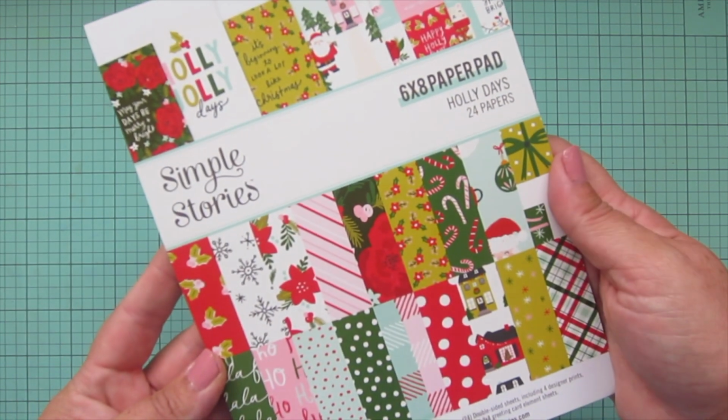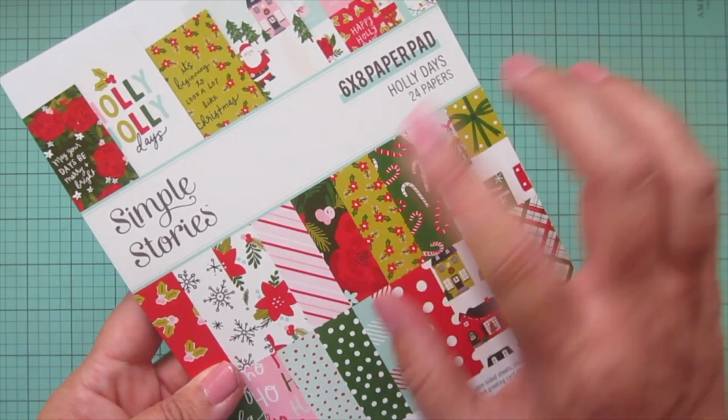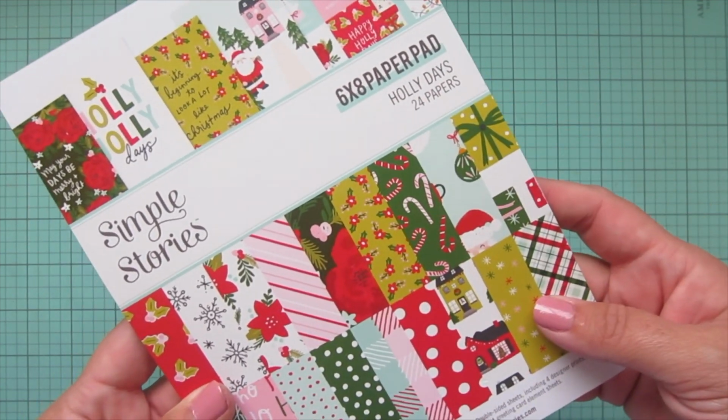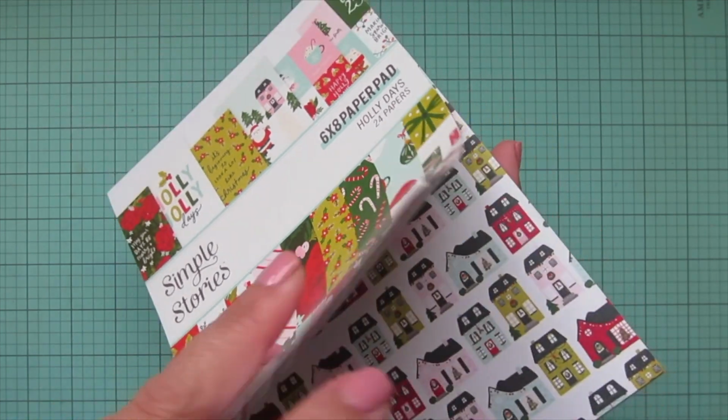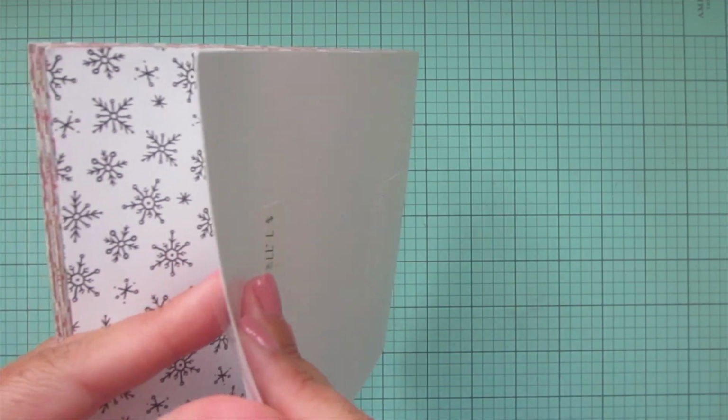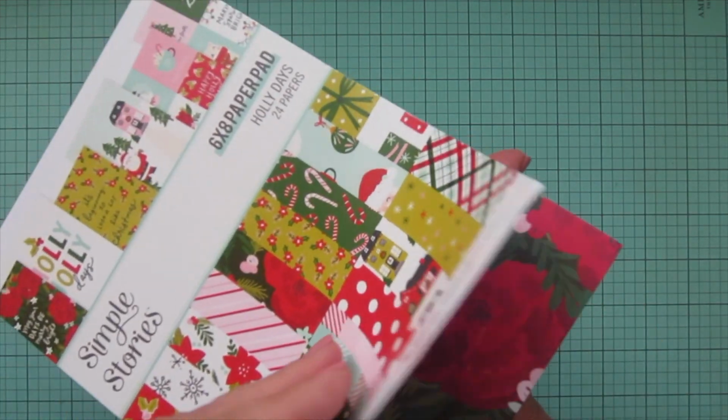Very fun. This one I'm super excited about because I love non-traditional colors mixed in. So the pink and the aqua, I just love that. So this one is from Simple Stories called Holidays. Very excited to look through this with you guys real quick. Just tuck that sticky part back. Okay, so